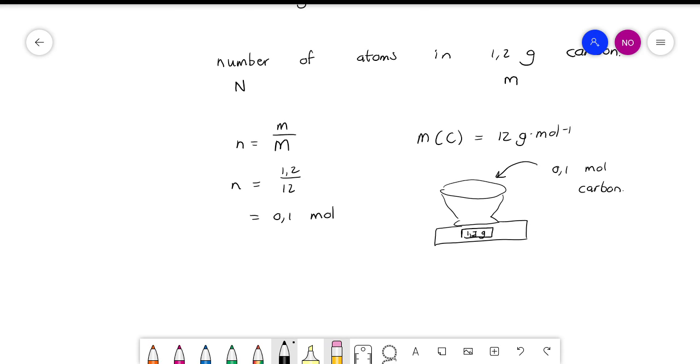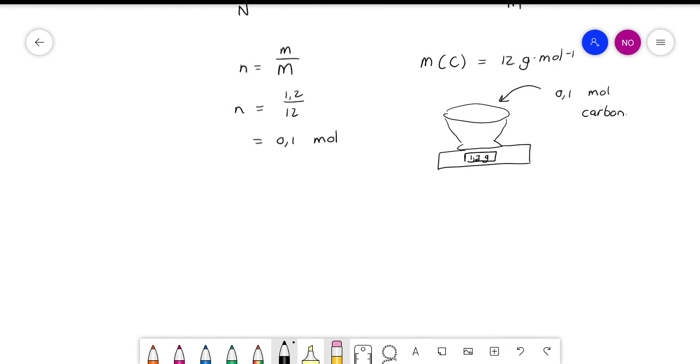Nee? As daai skaal wees 1,2 gram, ek het nou koolstofpoeier daarin gegooi, then it means within that bakkie, I have 0,1 mole of carbon. Okay, but that's not what they ask. They ask how many particles do I have then? So now I'm going to say, let's carry on. Because we can take mole